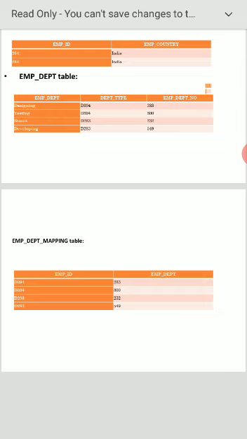That is the purpose and use of normalization. When you apply normalization to a table, that is very good for the future. It is easy to store the information and easy to manage the information.